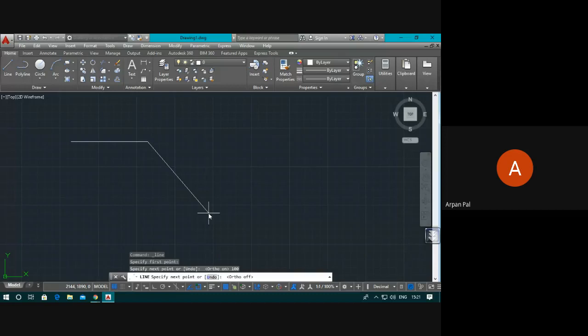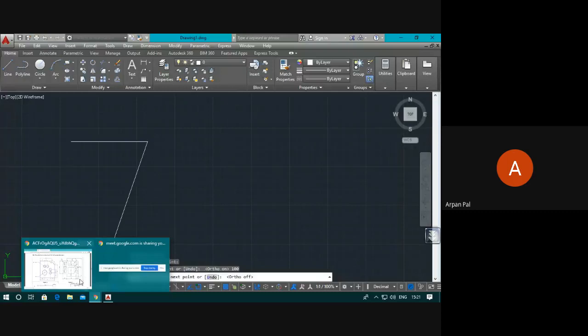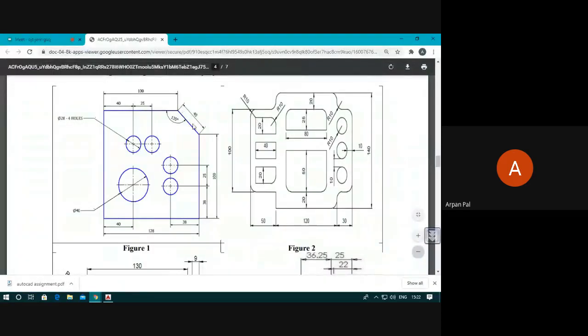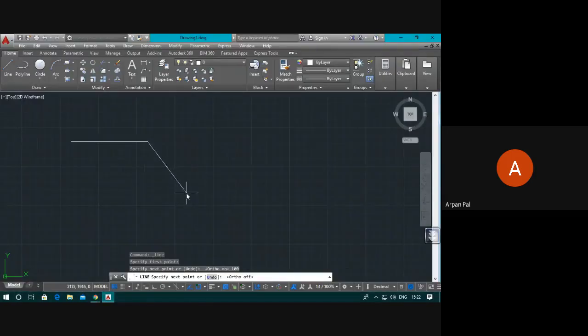Okay. Now, what is the dimension in that direction? 40. And what is this angle? 135. So, how to give that dimension to it? Have you learned how to make a line at an angle? Yes, sir.